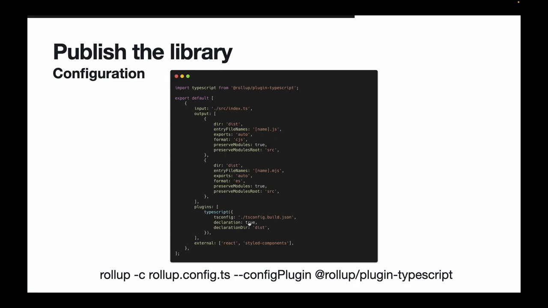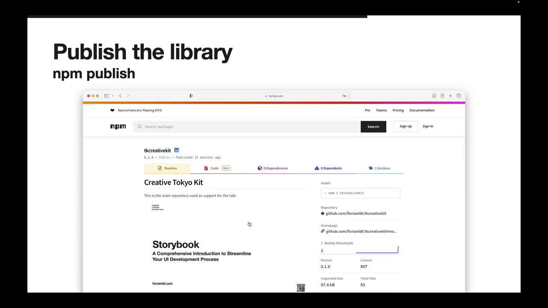So when you transpile, when you create your library, you don't import React and styled-components. It will be the role of the consumer to install them at the same time. And you just run rollup -c rollup.config.ts with the plugin. And then, if you are already logged in to the console with npm, just run npm publish,